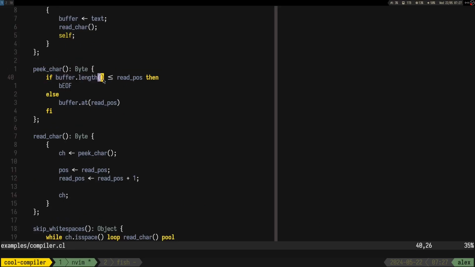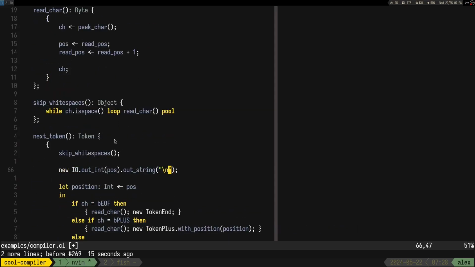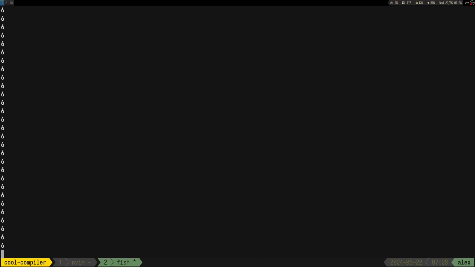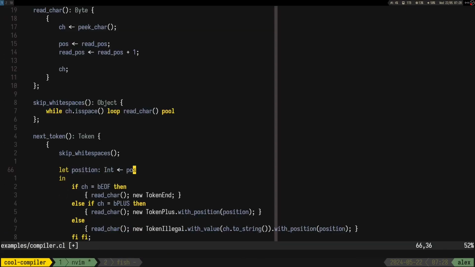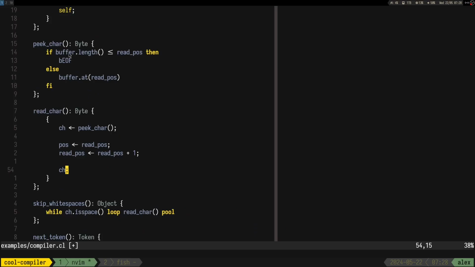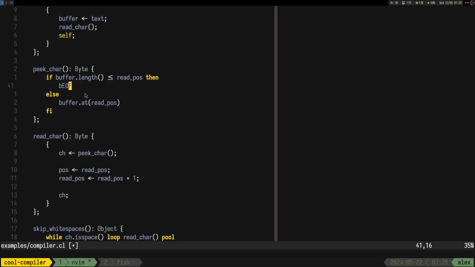I'm curious what the buffer length is. It's 6. So at some point it should return EOF.